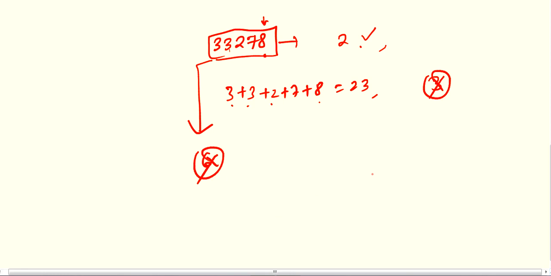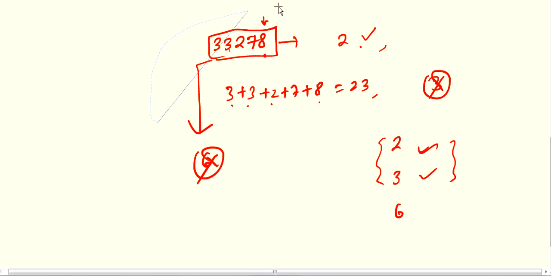If a number is divisible by 2 and 3, then and only then it will be divisible by 6. कोई नंबर अगर 2 से डिविजिबल है, 3 से भी डिविजिबल है, तभी वो 6 से डिविजिबल होगा. अगर कोई नंबर 2 से डिविजिबल है और 3 से डिविजिबल नहीं है तो वो 6 से भी डिविजिबल नहीं होगा. अगर कोई नंबर 2 से डिविजिबल नहीं है, 3 से डिविजिबल है तो 6 से डिविजिबल नहीं होगा. 6 से डिविजिबल होने के लिए 2 और 3 से डिविजिबल होना कंपलसरी है. That is the rule. Clear? So question number 6 you can solve.